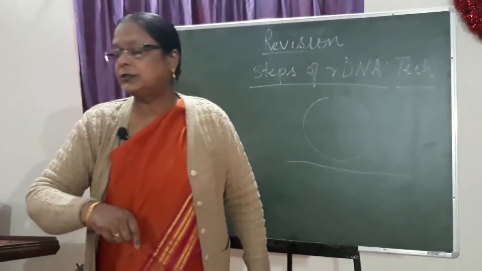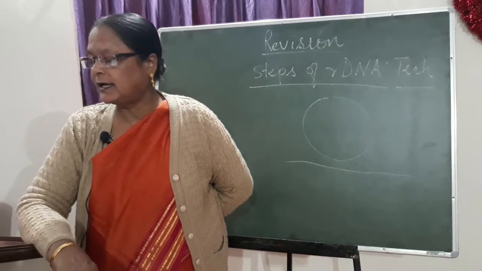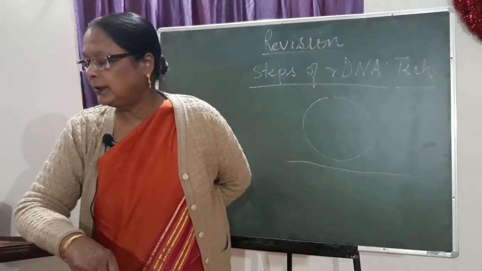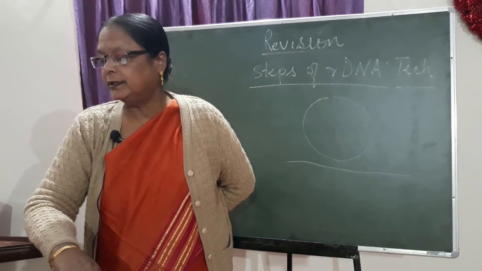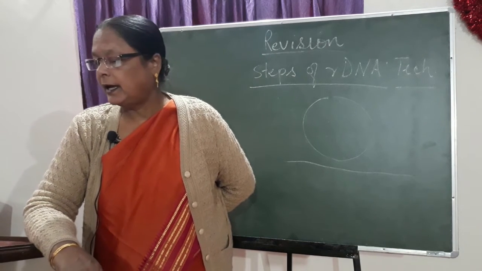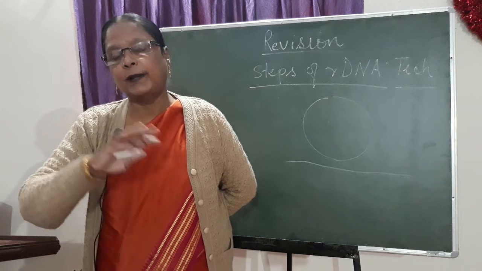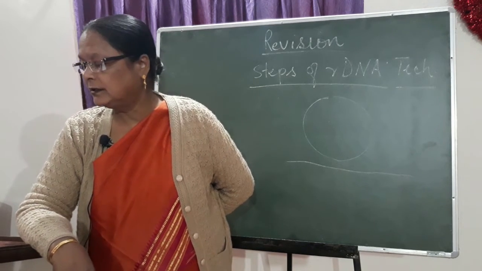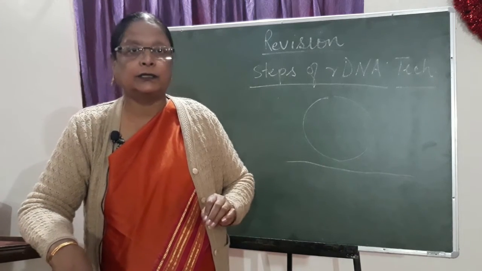It becomes straight. With the restriction enzyme, this opens up. This straightening opens up the cloning sites in the plasmid DNA, and the circular plasmid becomes straight. The desired gene is also cut